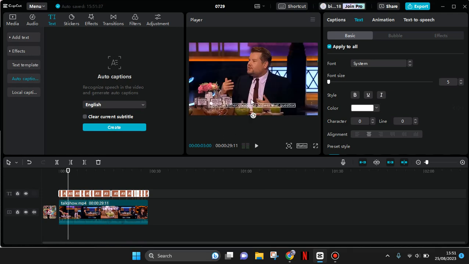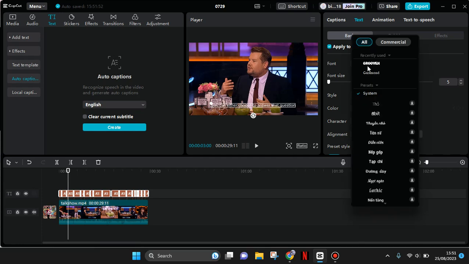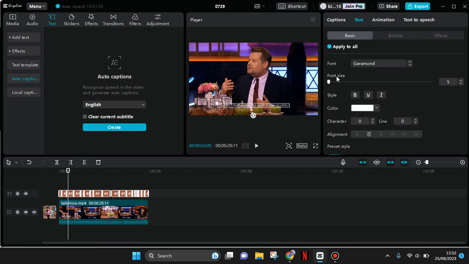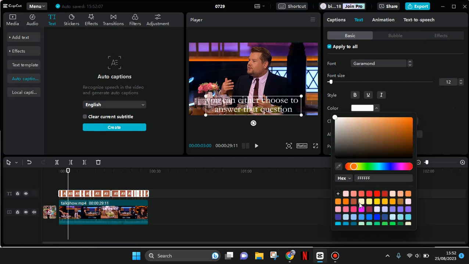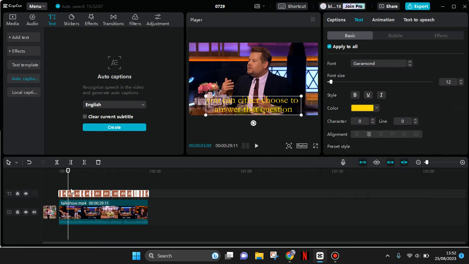If you want to change like the font and the color of the caption, you can always do so. So for example, I want to change it into this font, and also I'm going to make it bigger like this. And you can also change the color if you want. Okay, but please make sure that you check on this apply to all to apply the changes to all of